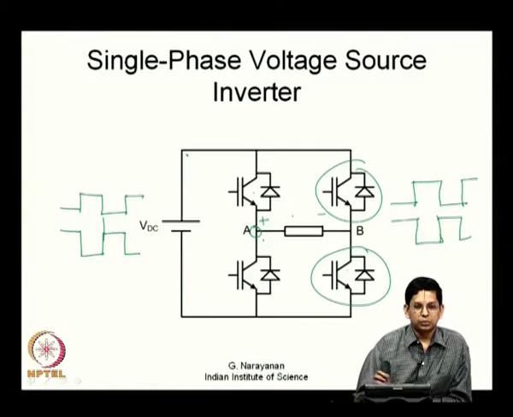So, there is also something called dead time, that is, the outgoing transistor is turned off slightly ahead of the turning on of the gating of the incoming transistor, which is called dead time. We will ignore it for now, we will deal with it much later in this course. As of now, let us say that the transistors have instantaneous turn on and turn off,